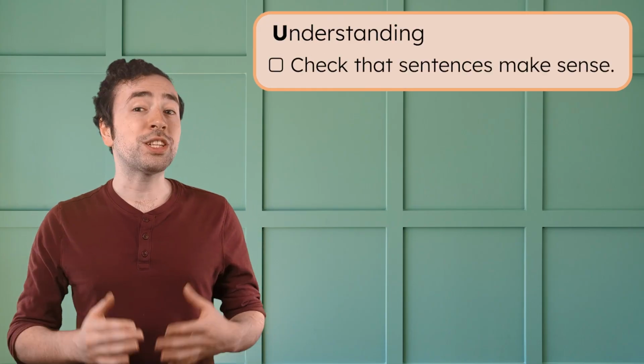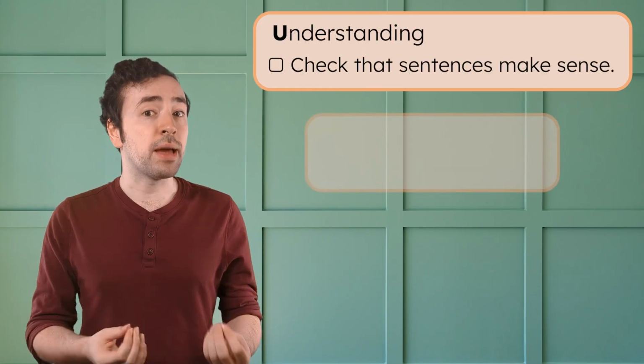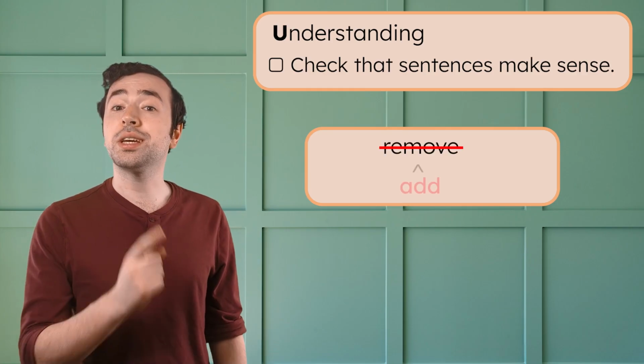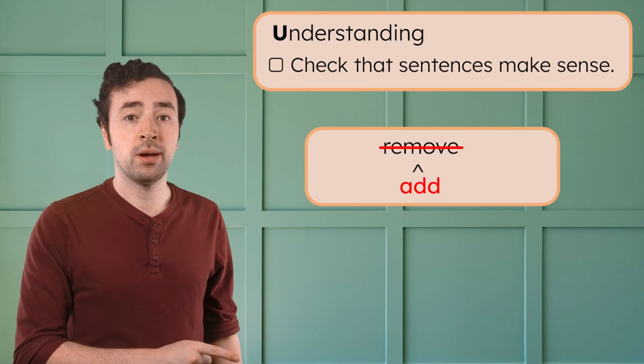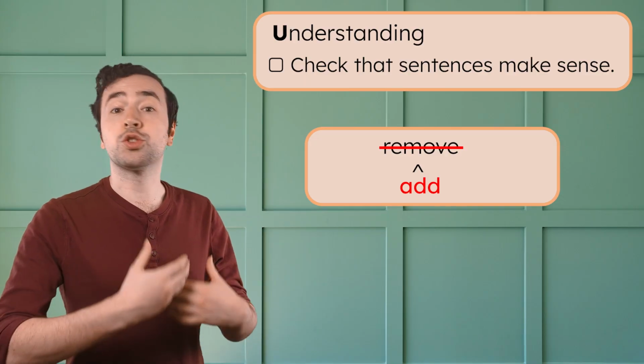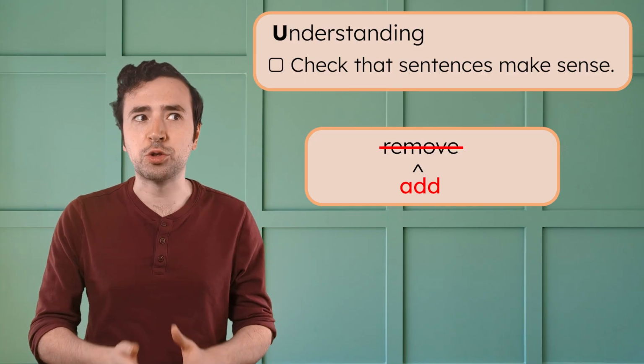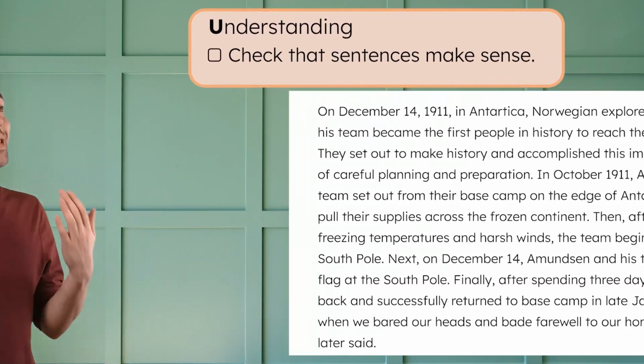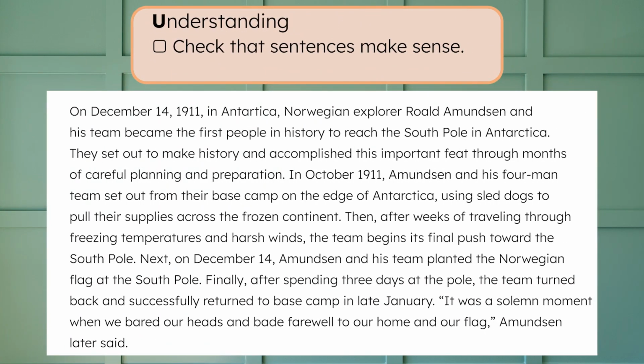This step is where we check to see that our sentences make sense. We'll mark any corrections by crossing out the mistake, then using a caret to insert the new info. My favorite strategy here is just reading it out loud. Errors become really obvious when something doesn't sound right. B's draft is clear and well written, but I did catch one mistake worth flagging.